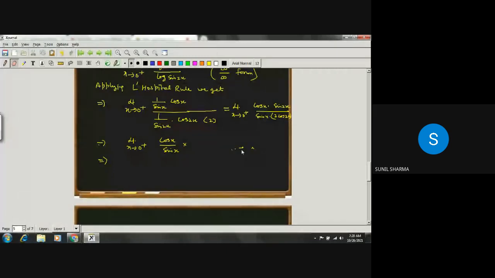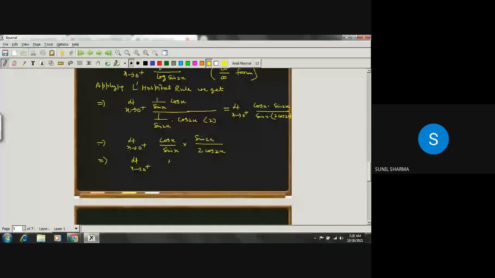We can write this as sin 2x upon 2 cos 2x. Now we first simplify this. How will we simplify? We put the value of sin 2x, and we know that sin 2x equals 2 sin x into cos x. So limit x goes to 0 positive